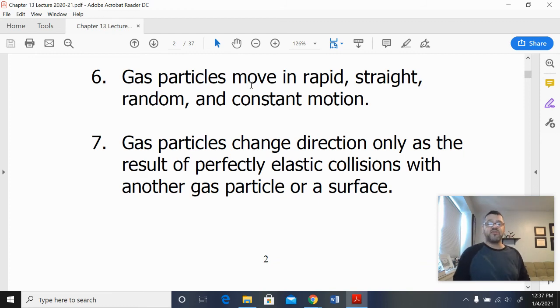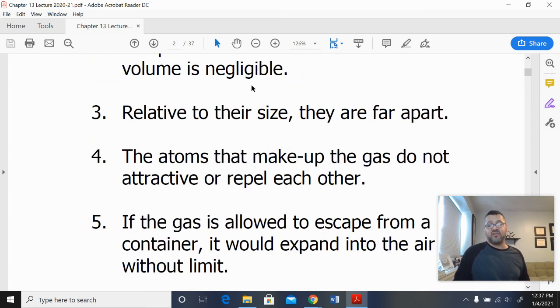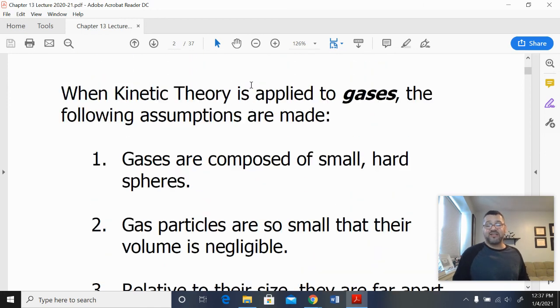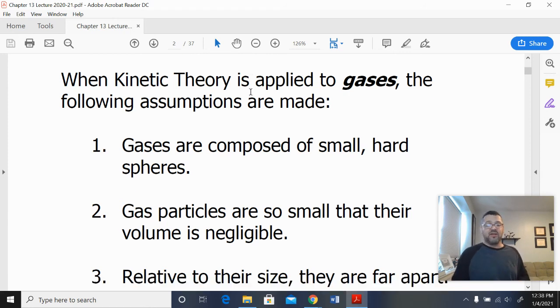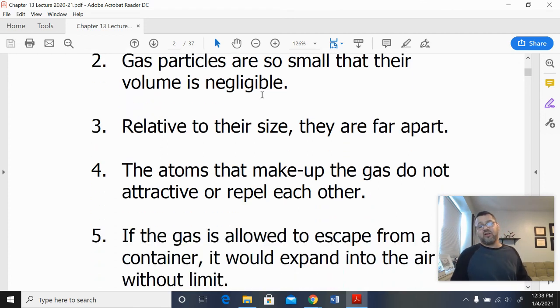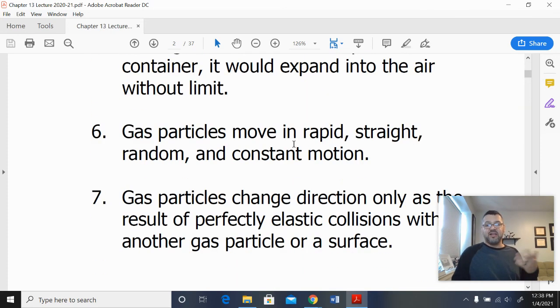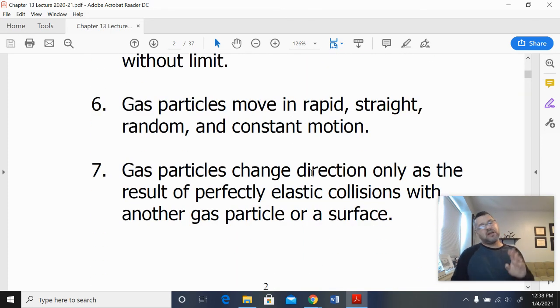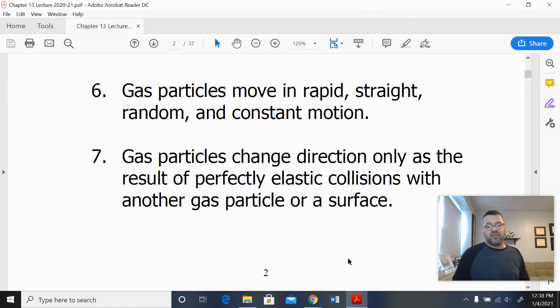So these 7 assumptions we will use and consider whenever we're thinking about a gas if it is ideal. And these assumptions help us to think of a gas so that it's simple to think about. Because if you start thinking about it not being a perfect sphere or that the volume isn't negligible or all those kinds of things, it makes life a little bit more complicated to understand. And those are topics that we talk about in the next course, which is AP Chemistry. So we're not going to discuss most of those things in this course.